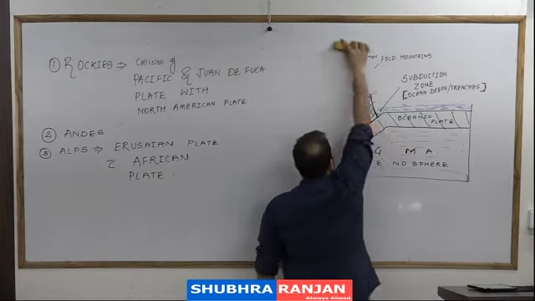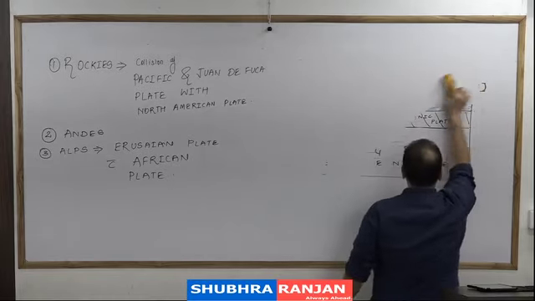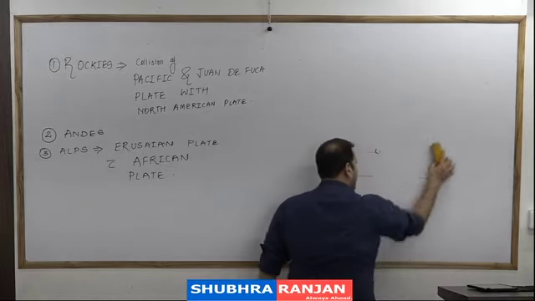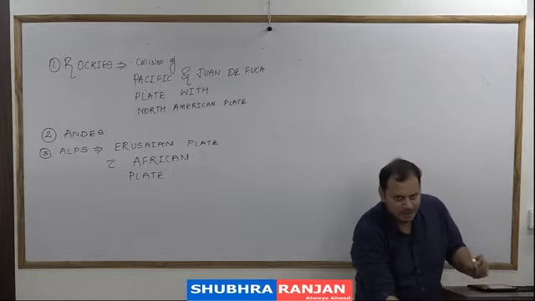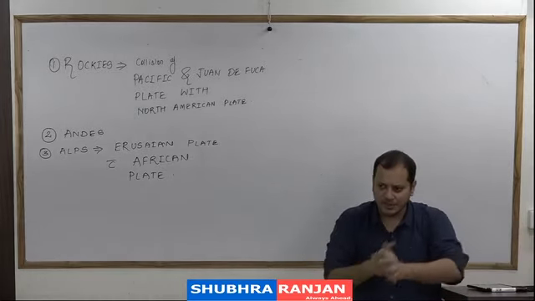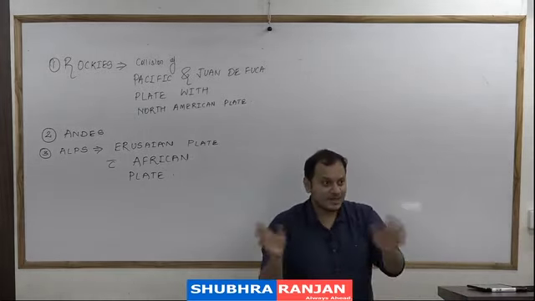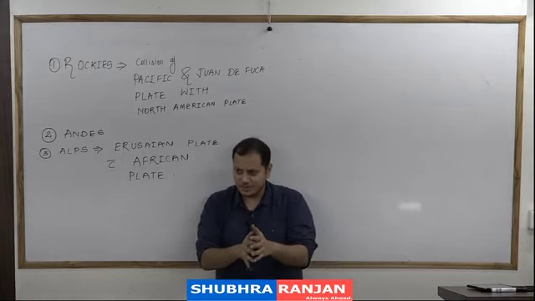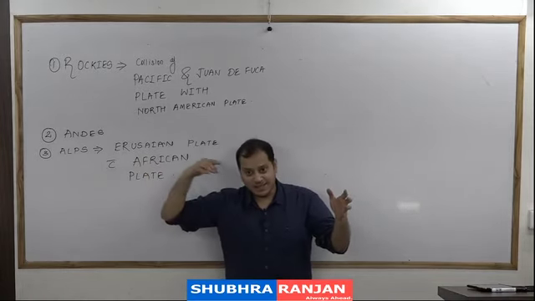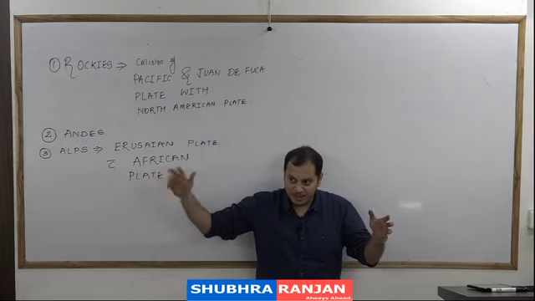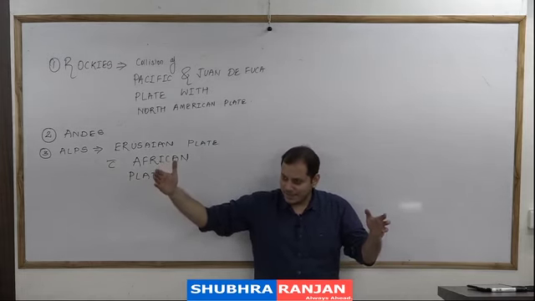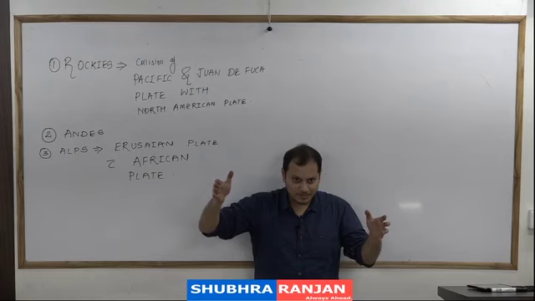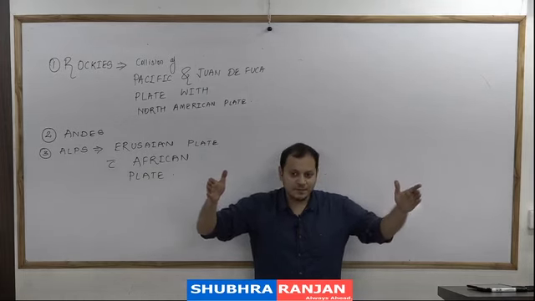Now you tell me, of all the plates, which plate as per Wegener is reducing. Now we apply Wegener here. Which ocean has reduced? The Pacific Ocean. Panthalassa has reduced to form the Pacific Ocean. Why? Look at the western side of the Pacific Ocean, and the eastern side of the Pacific Ocean. It is being pushed by the North and South American plates.